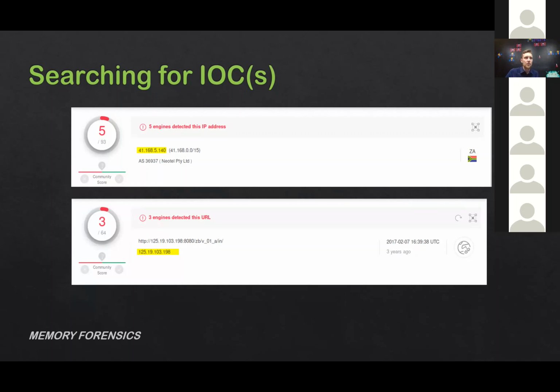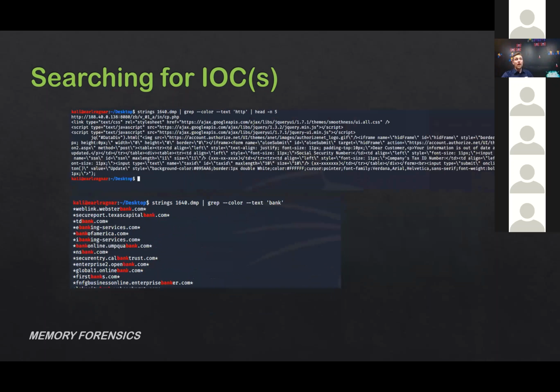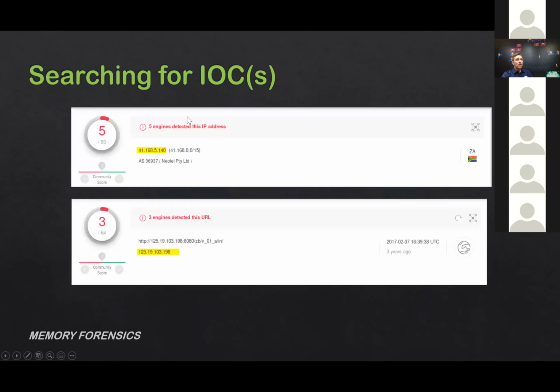VirusTotal will allow you to search by URL or file upload. I believe there are other search mechanisms, but essentially, if we take some of these strings, like this 188.40, and paste it into VirusTotal,